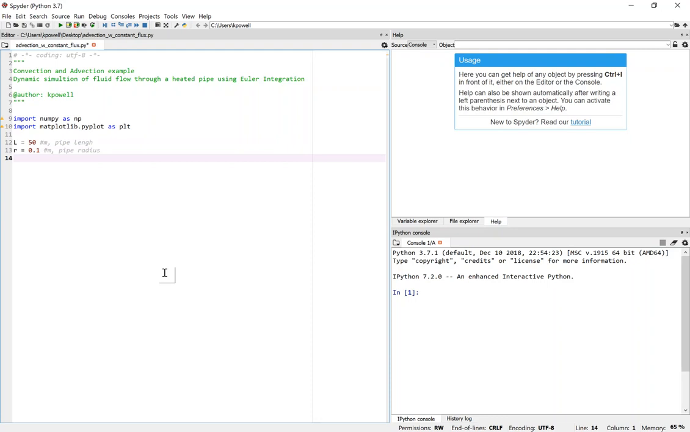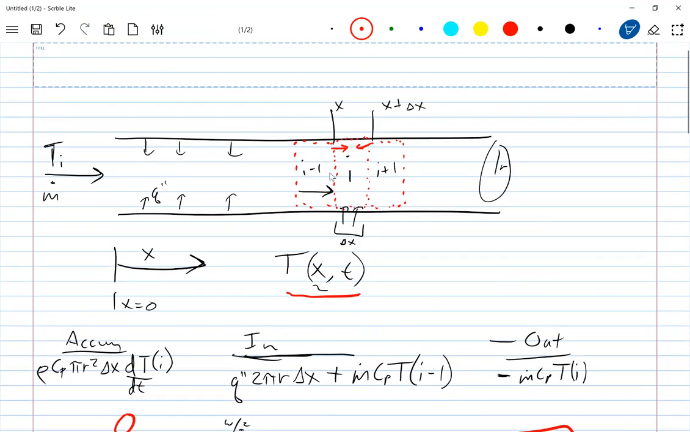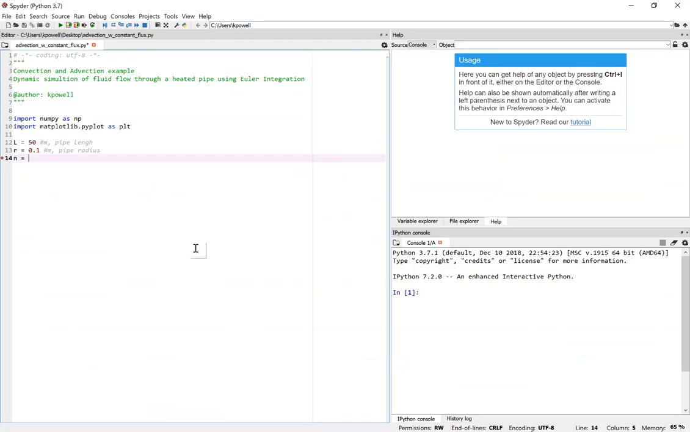And we're going to want to break this into spatial nodes. If you watched the previous video, we took this pipe and did an energy balance for an arbitrary node. Now if we want this finite difference approximation of our system to approach a continuous system, we're going to want to use a lot of nodes. So I'm going to use 100 nodes, but we're going to set up the code so that you can use different numbers of nodes just by changing this one number. So this is going to be the number